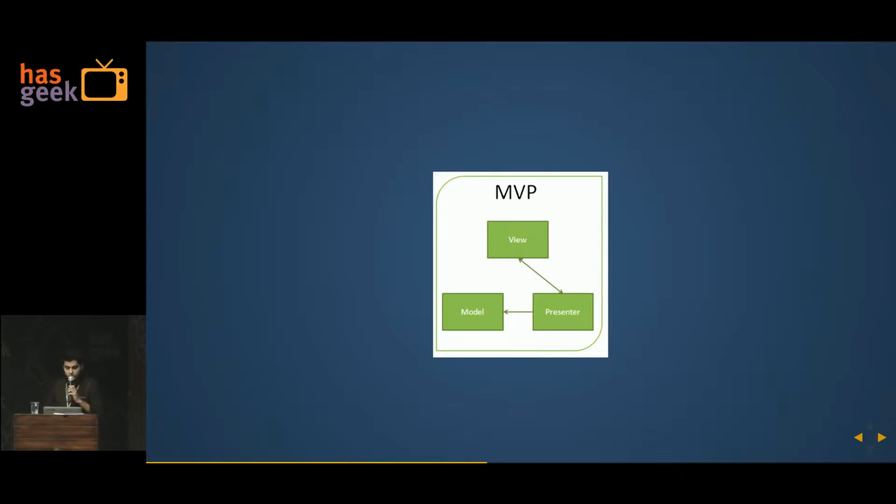So yeah. And okay, so this is what it looks like. So we have the model, the view, and the presenter. Notice the tiny little arrows. So the presenter is the one coordinating between the model and the view, and user input is always on the view, and the view talks to the presenter. Presenter goes to the model, gets the data, whatever, updates it back on the view. The view never talks to the model directly.